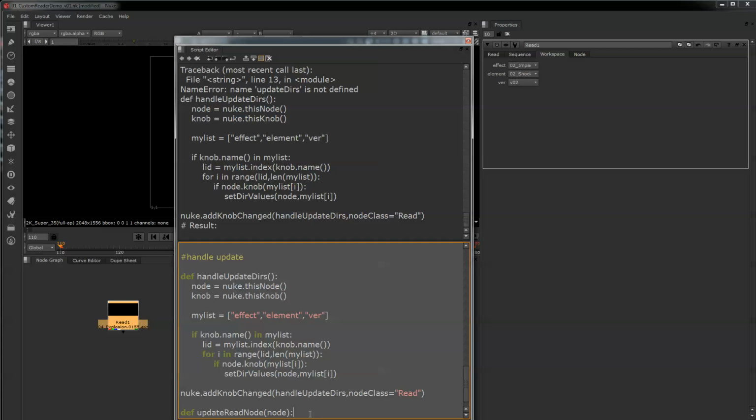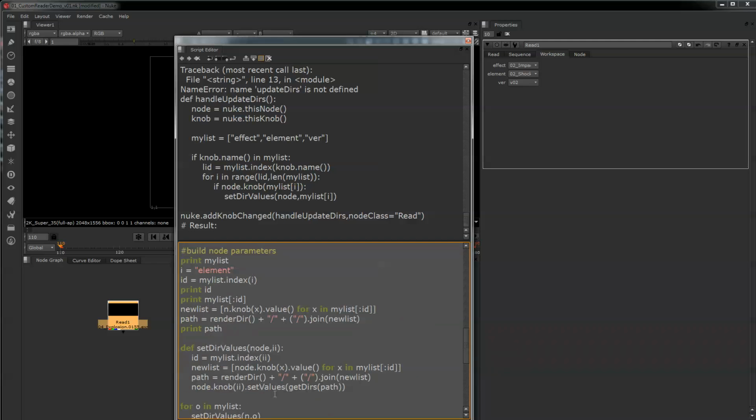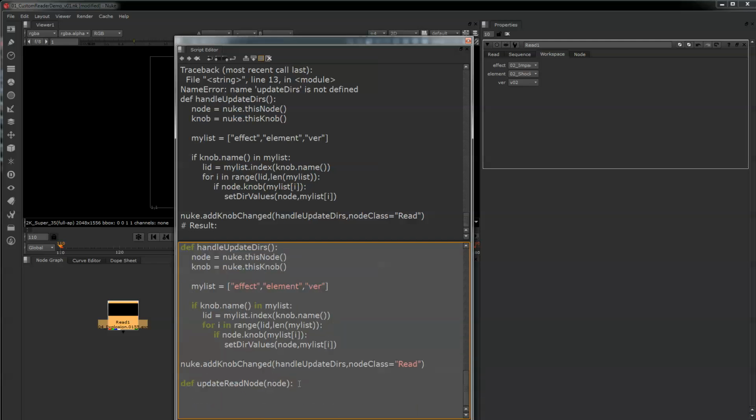Okay, so now we're going to be updating the read node. Basically, all of that is stuff we've been doing before. We're collecting data with the OS library, and we're setting knob values, which you can see we've been doing quite a bit here with this function and whatnot. So we're using the same things. This one's a little bit lengthy, so